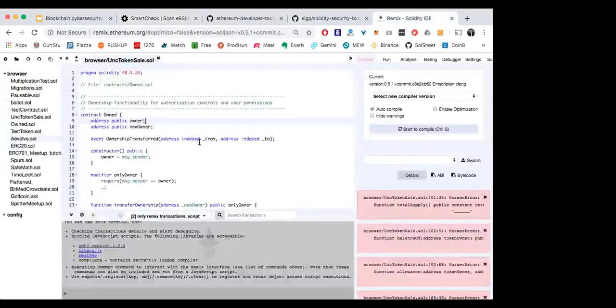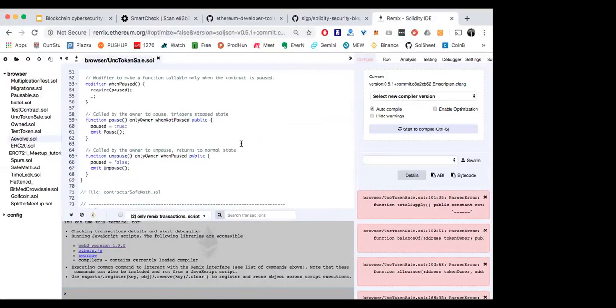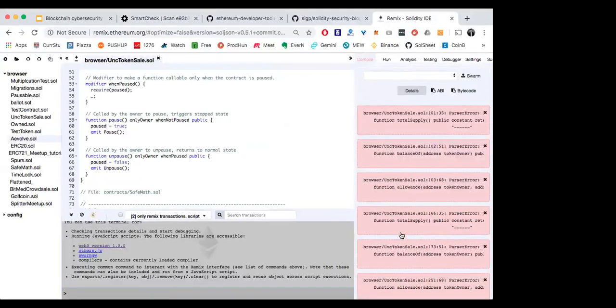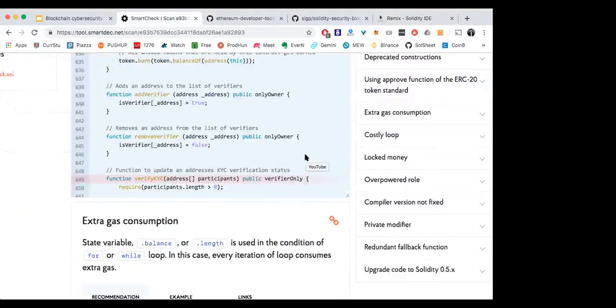Also, I use Remix sometimes. This is an internet development environment, an IDE, and Remix runs tests on the code as you write it. But again, they're really not perfect, because the most dangerous cybersecurity bugs are the ones that are just complicated enough for developers to not catch them.